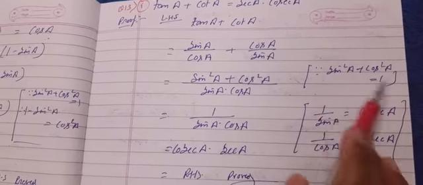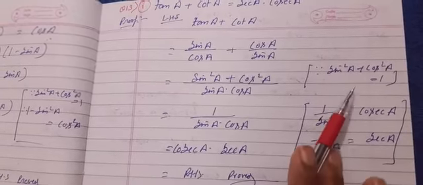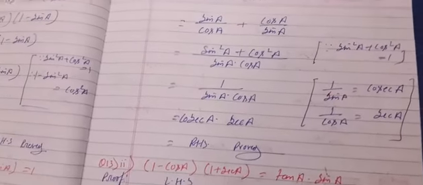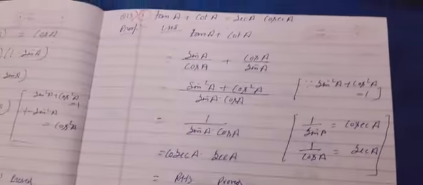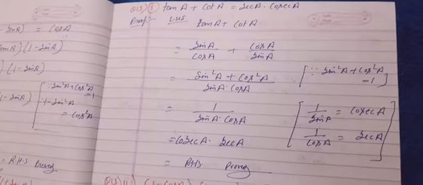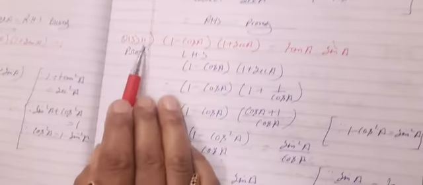You must always show all the identities whatever you are using, because there is step marking. In every video I am showing that thing, and again I'm mentioning that you have to mention all the identities whatever you are using here with your sum. Now question number 13, second question.